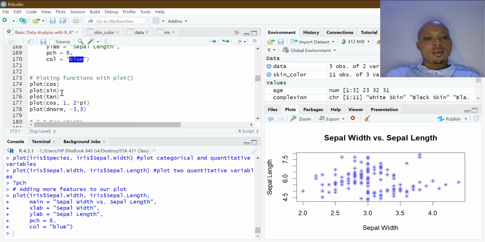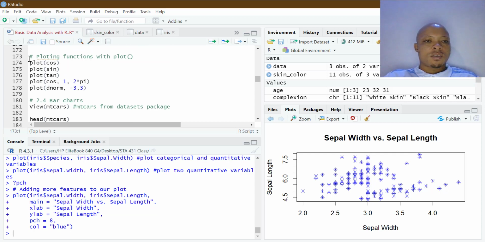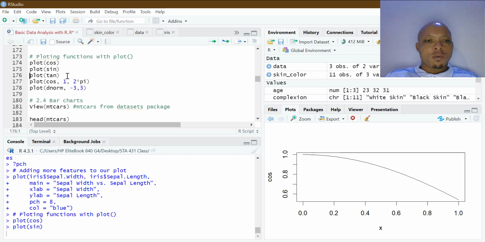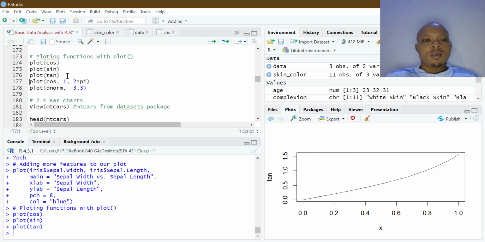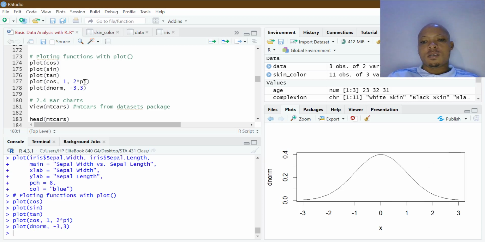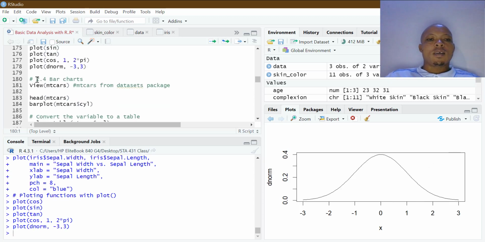Having said that, we can also plot functions like cosine. We can plot cosine. This is how we can plot sine. We can plot tangent. We can plot cosine, giving its range from 1 to 2 times pi. That is the range. It will give us this. We can also plot a normal distribution density, giving its range from -3 to 3, and this is it. Outside that, the next thing we want to talk about here is bar charts, and we'll be using